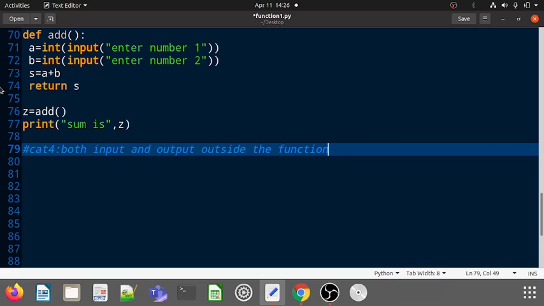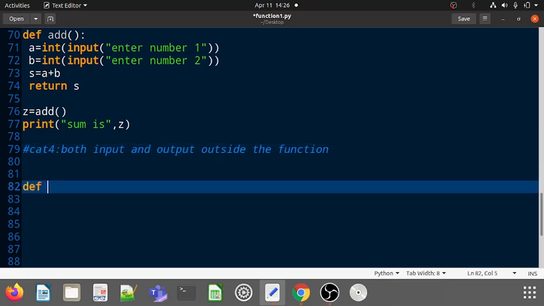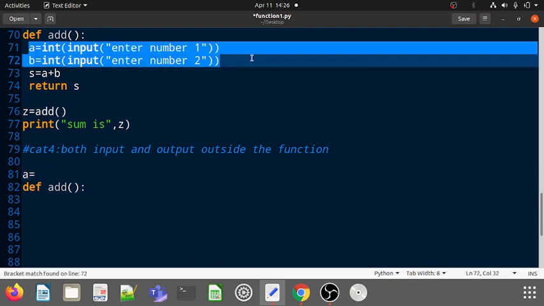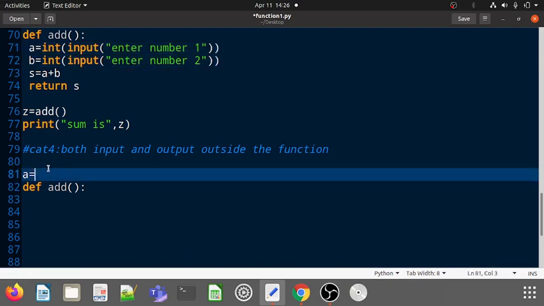After seeing all three categories, easily you can find out what we are going to do in this definition. Input and output both we are doing outside the function. So my function is add, right? Input we are taking outside the function. So A is equal to, these input statements will come outside the function.